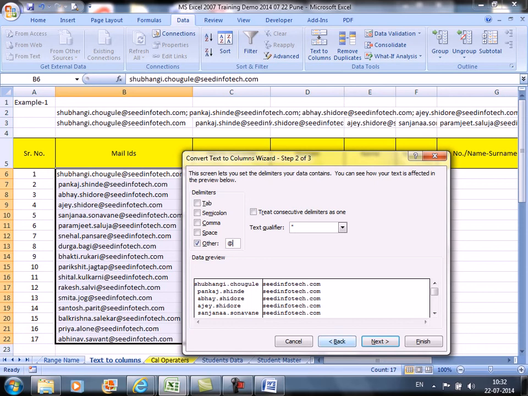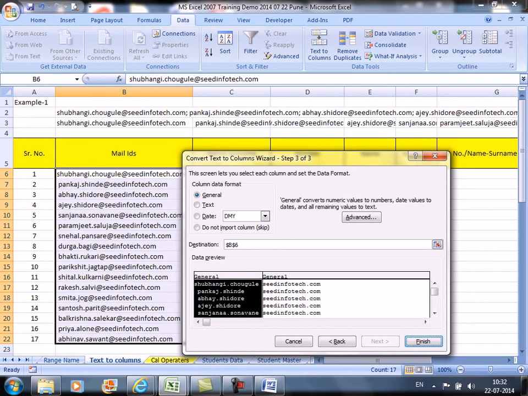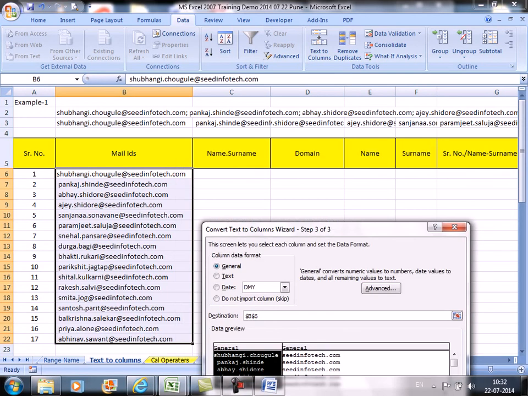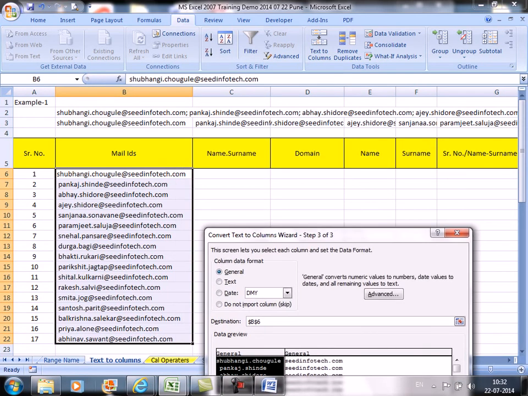The moment you type it here, it is separated. Go to next. By default it selects the topmost cell. If you click on finish, it will overwrite the content and will divide it into two different columns.